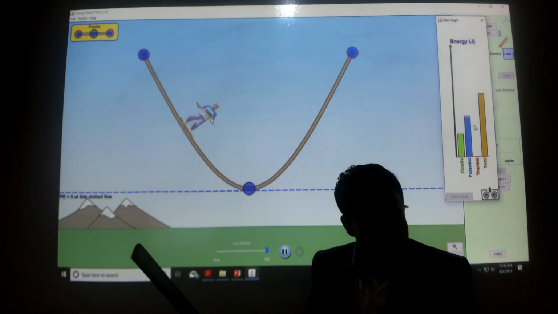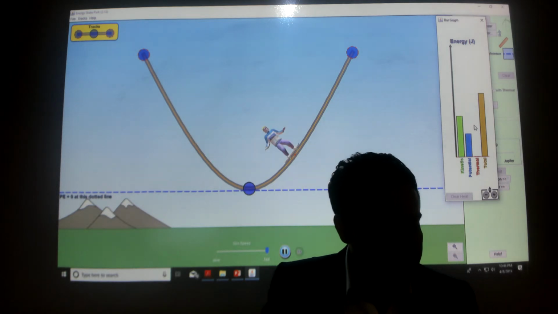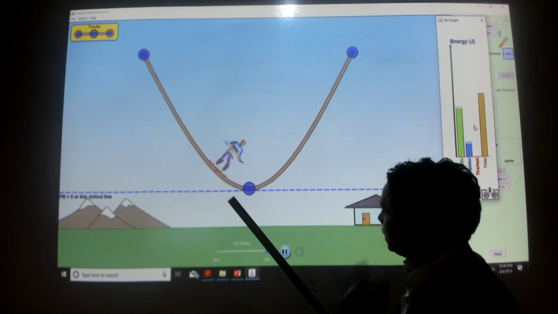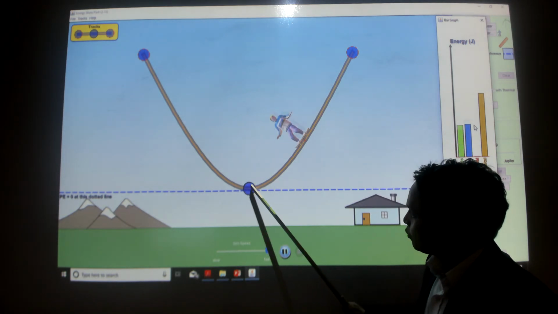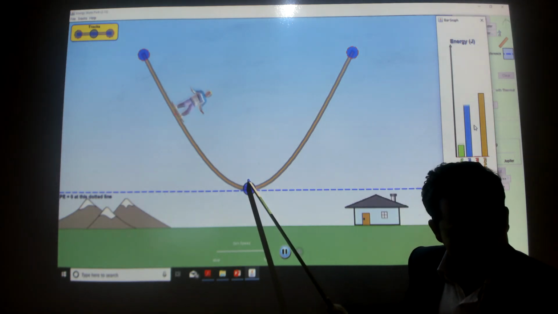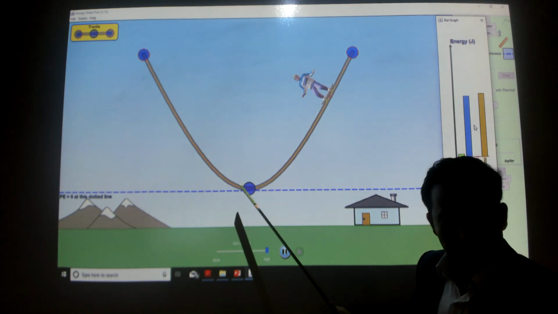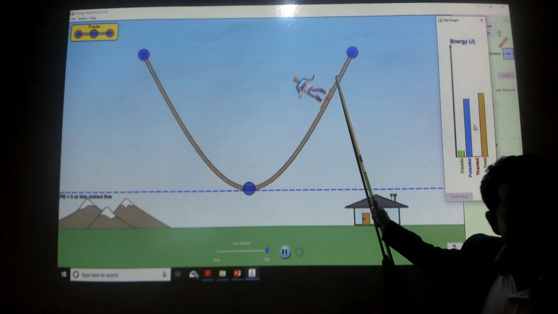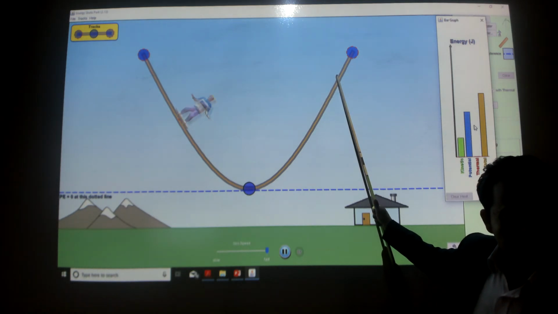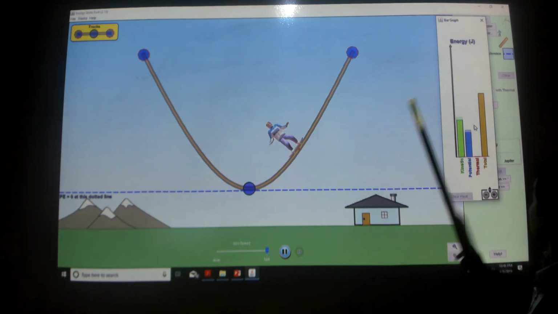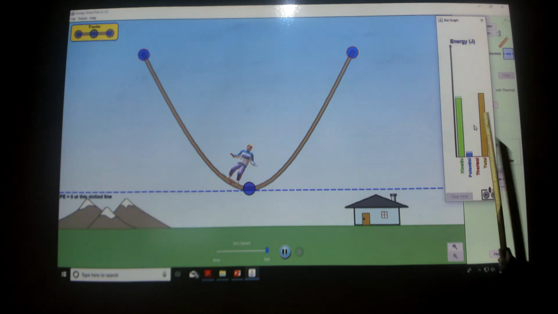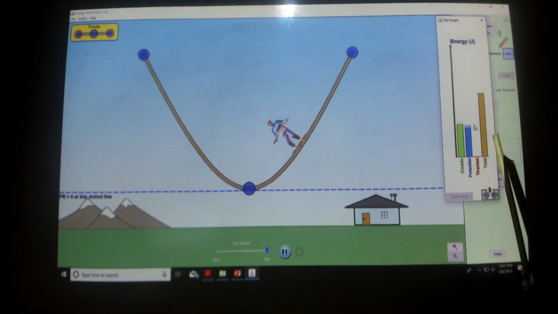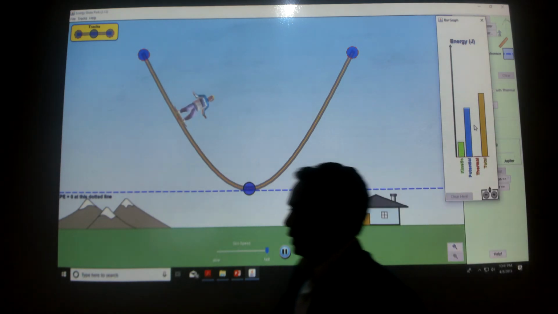So simply the kinetic energy is changing into the potential energy, and the potential energy is changing into the kinetic energy. The only thing you have to keep in mind is that at this point it has only the kinetic energy and the potential energy is zero. At the maximum point, all the energy is in the form of potential energy, and there is no kinetic energy. This is the total energy now. No matter what, the total energy is always constant.